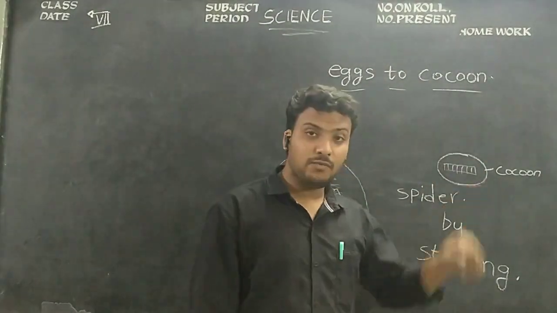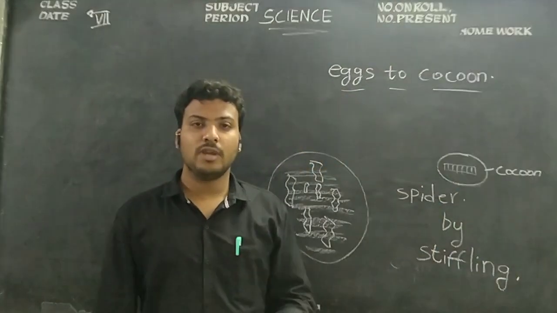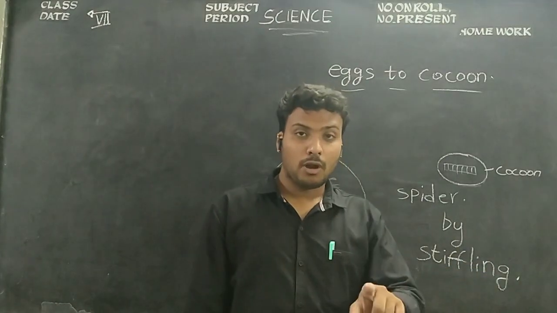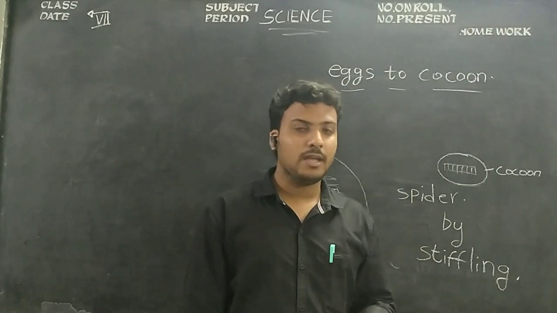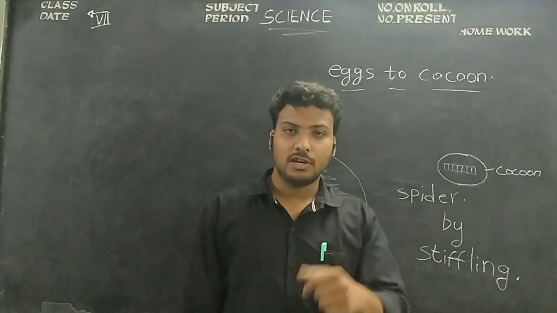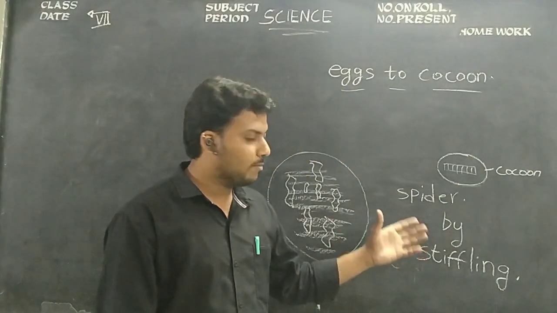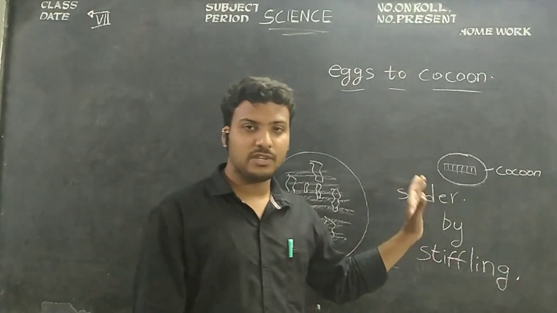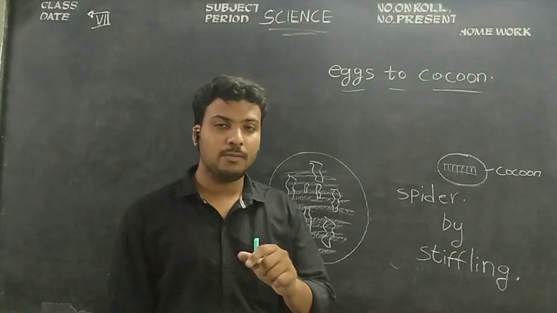Children, after stifling, we can store this cocoon as long as you like. You can store it up to 3 or 4 years. But without stifling, it will not store for years, children. Why? This silkworm converts into a moth, children. We need to be thorough with that. Children, when you have a cocoon, you must stifle it first of all. Then you will get a good quality fabric, children.